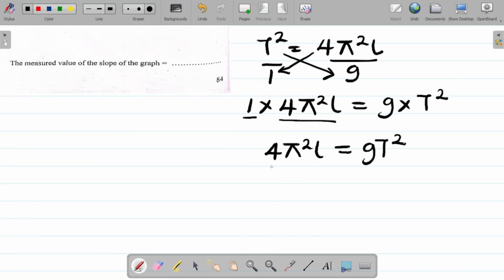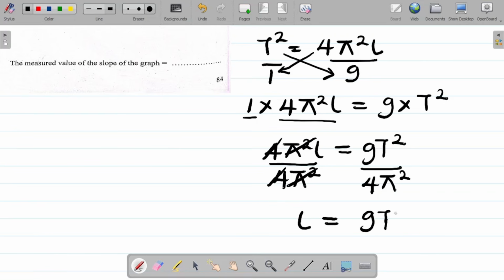To get L, I'll divide by everything attached to it, which is 4 pi squared. Divide here by 4 pi squared. From here, 4 cancels 4, pi squared cancels pi squared. So L will be equal to